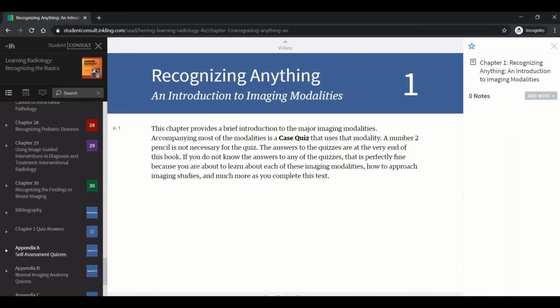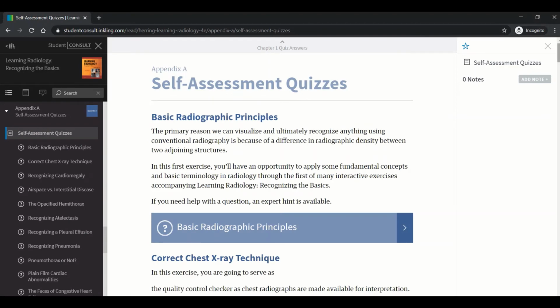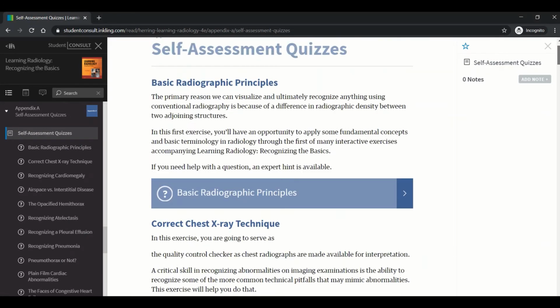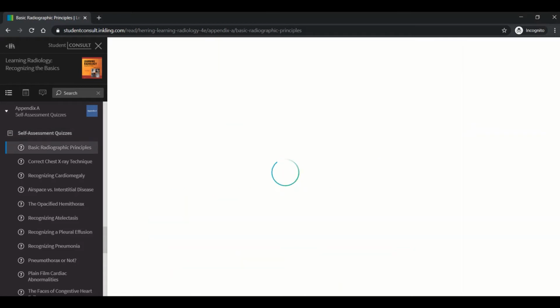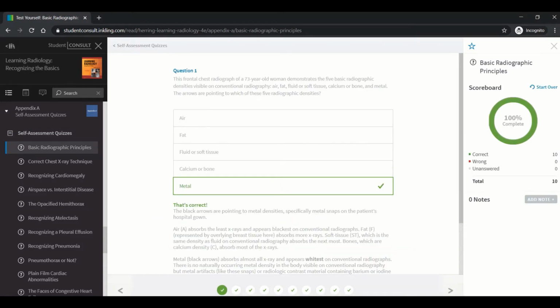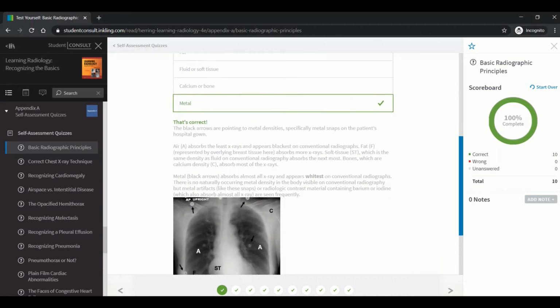That is, we have self-assessment quizzes. And these are quizzes related to the chapters. And from here, the journey of fun begins. Many quizzes are provided by this book to ensure that you're learning well. That is, as we can see in this chapter, when I open its quizzes that I have answered actually, they give you the answer